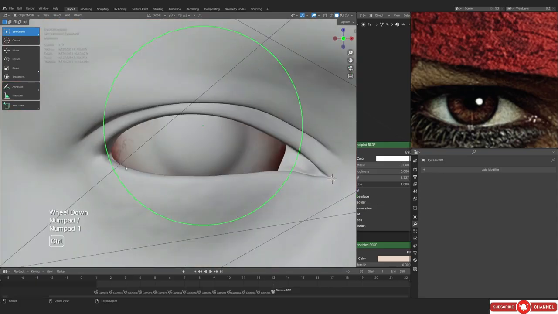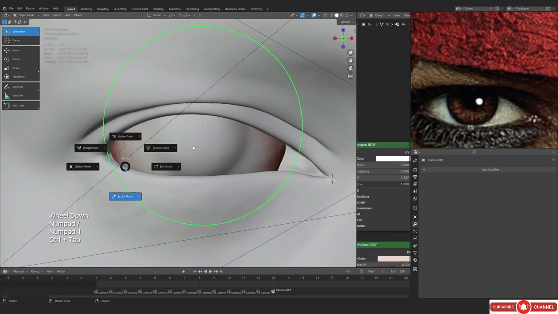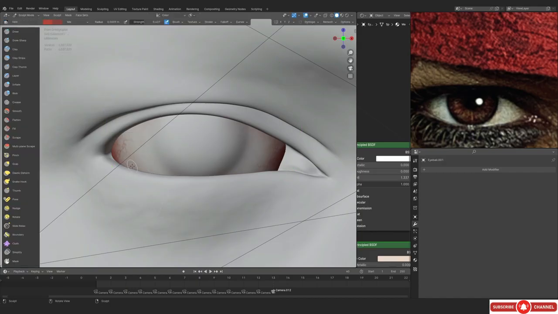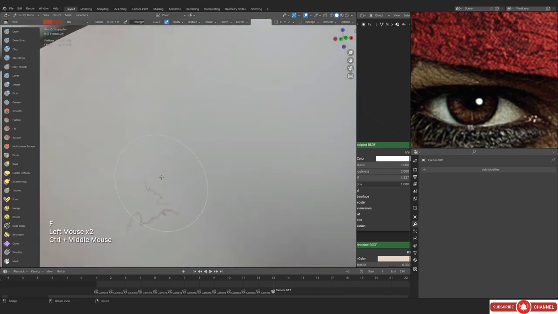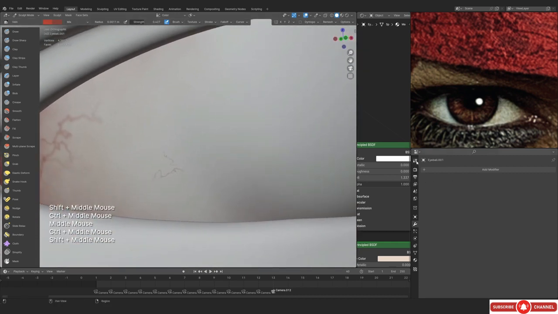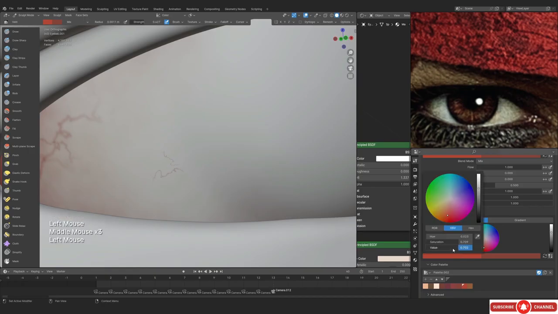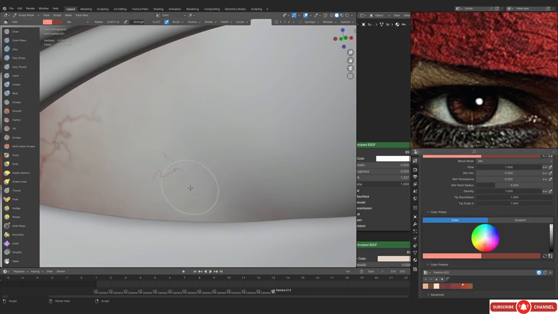Alright, so now I think we should have enough resolution to paint small little details, and if we still won't be able to paint it, I don't think I'm gonna be increasing the resolution more, because it's not going to be super close to the camera, so we don't really need to spend that much time on it. We know that it's a portrait, and we are not gonna give enough pixels to the eyes, especially to the veins, right? There aren't going to be enough pixels for these particular details, so you don't really need to spend that much time.